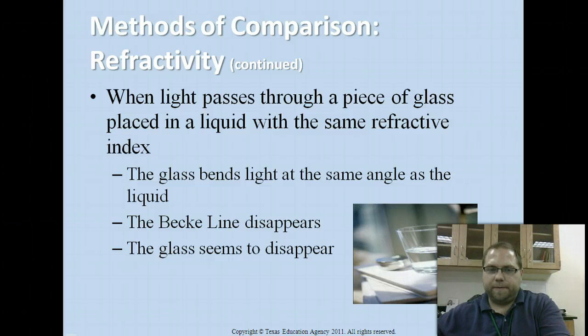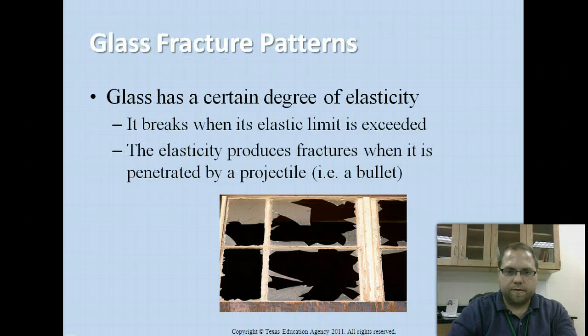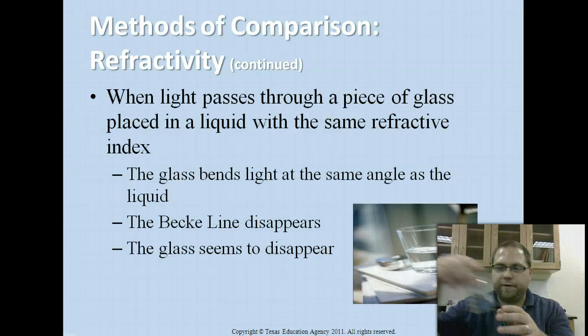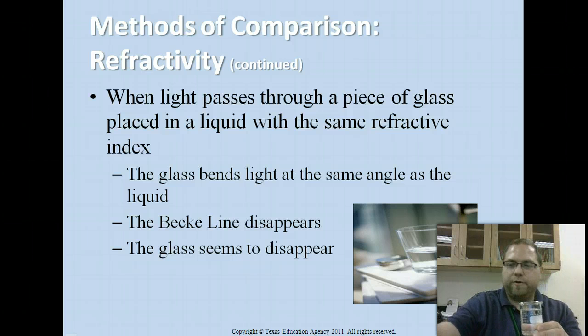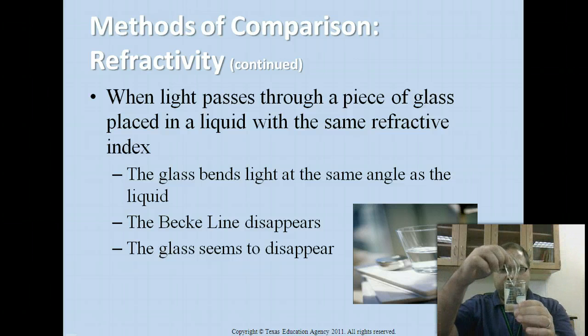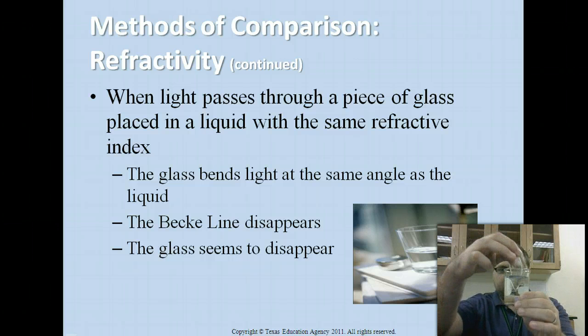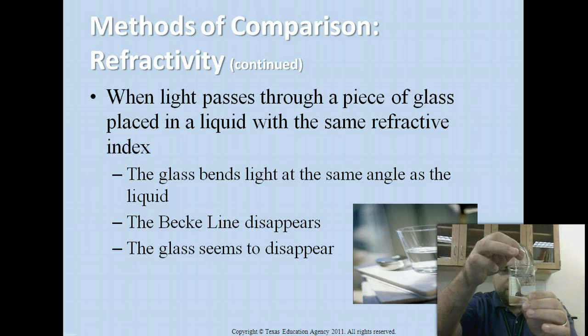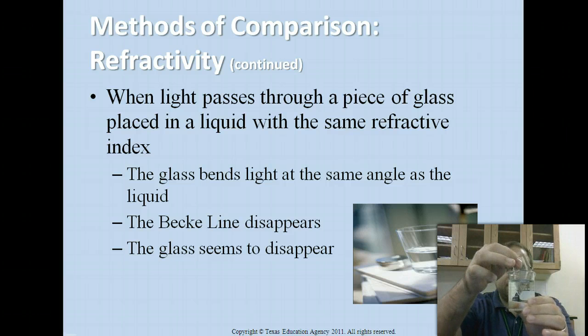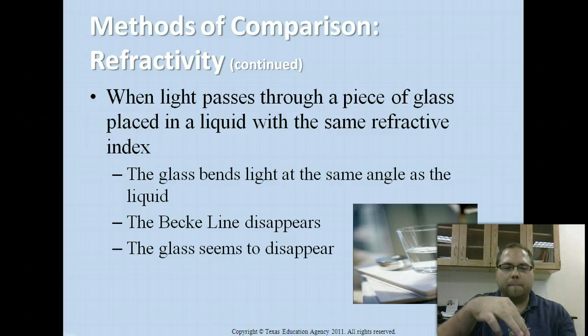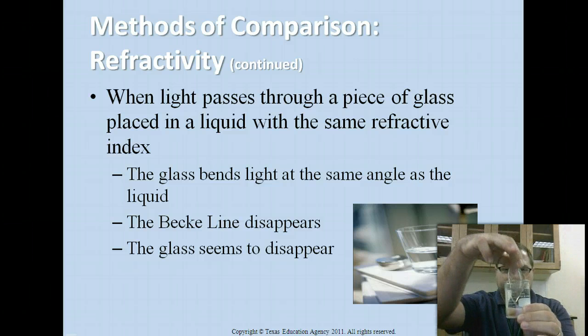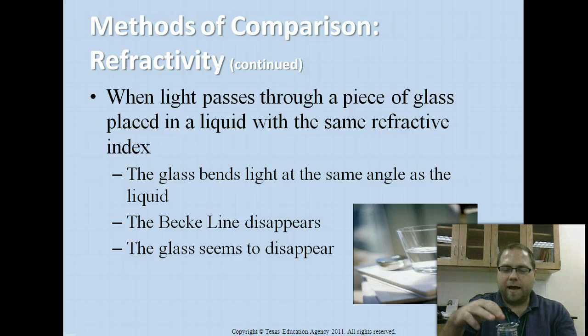So, let's say I take my beaker of water here, and I take a little bit of broken borosilicate glass, and I put it in there. You can actually still see the glass, okay? Do you see that? You can see the outline of it. And I don't know how well this is going to translate through webcam, but you can even see a little kind of halo of light around the glass that actually allows you to see the glass. That's called a backline, where you can still see the outline of the glass, a little halo of light around it. Now, when you have a liquid that has a similar refractive index as glass,